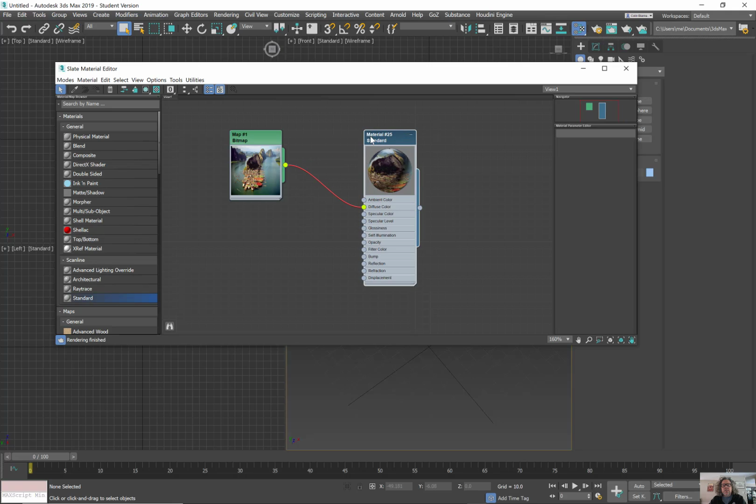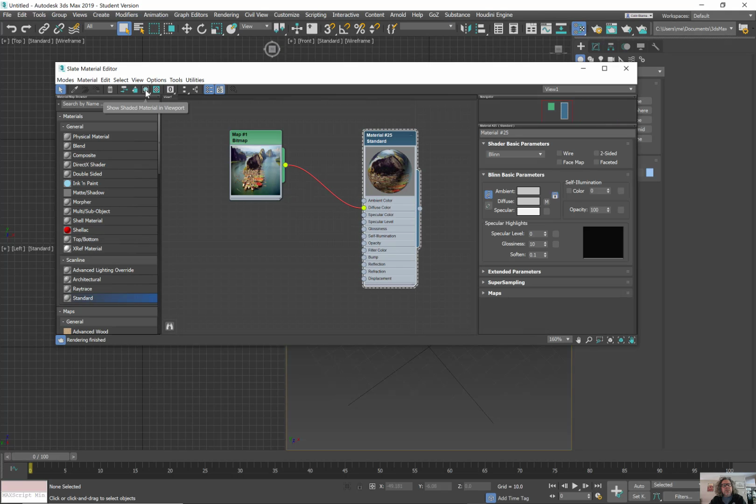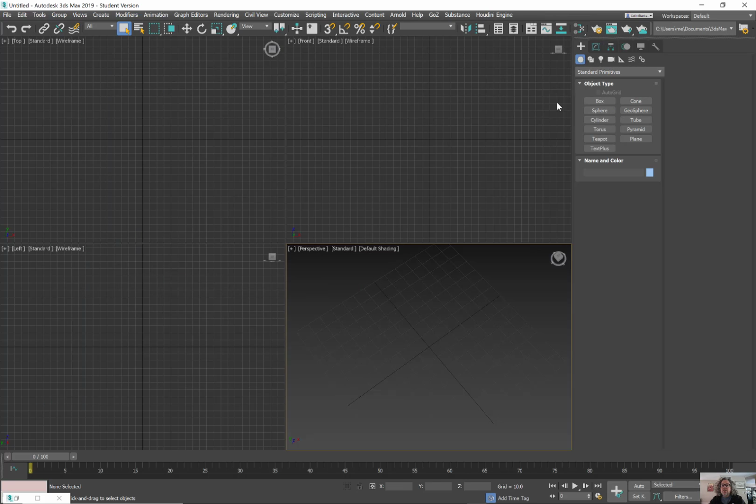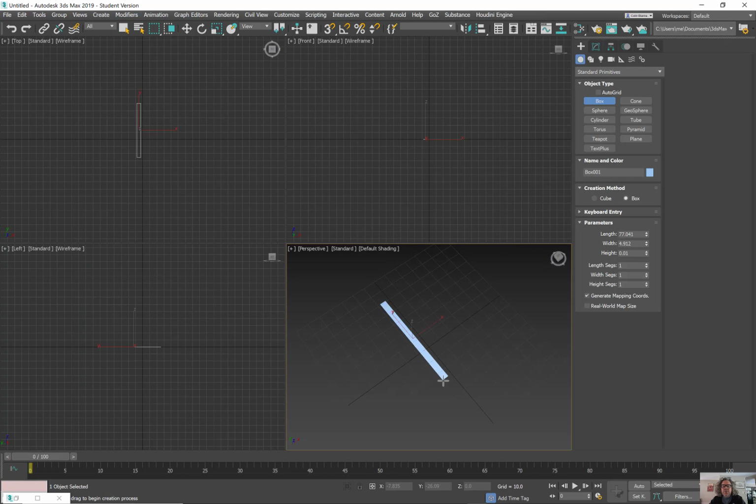Let's double click on the ball and then double click on the banner. We'll go ahead and turn on show in viewport, and you can see that red little slash on the banner. So what we want to do now is go ahead and place this material on an object. So if I build a box,